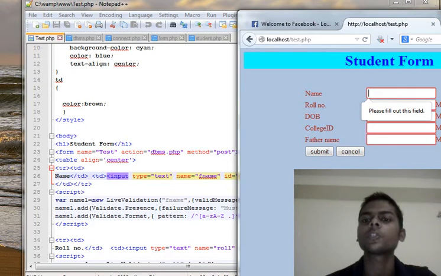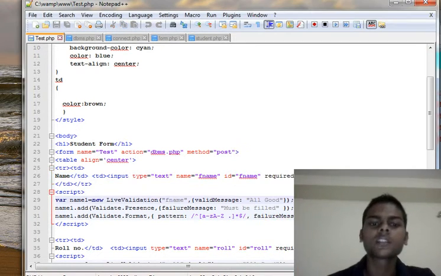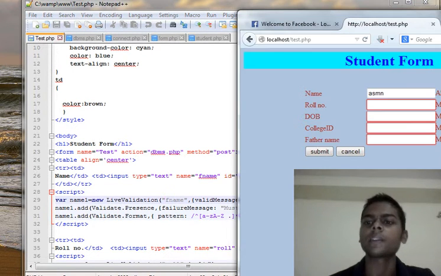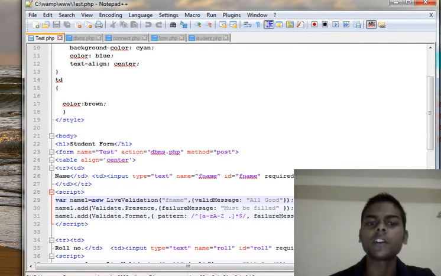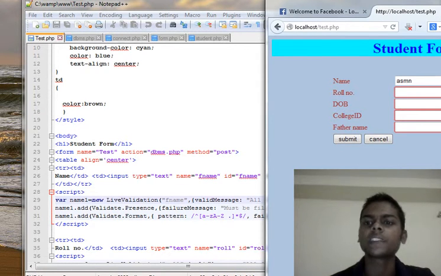Look, it also shows a pop-up message: please fill out this field. So if you leave this unfilled, it will show this pop-up. You have to write something here. Look, it shows the message all good. These messages are shown due to the script I have used here. I have defined each and everything. A valid message will be shown if you enter proper text here.